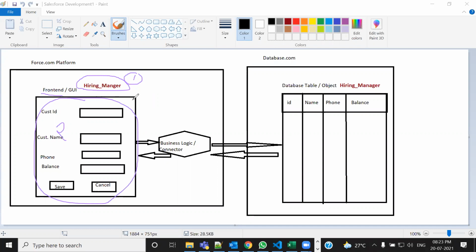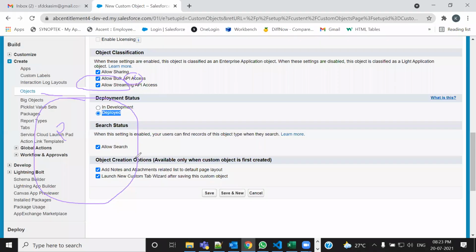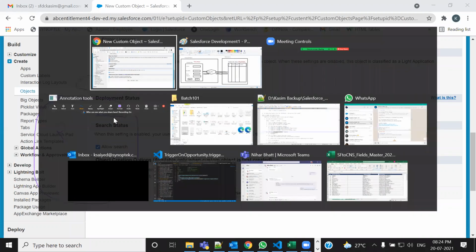Now see, while creating an object, you have these two options. You can make it In Development, or you can make it Deployed. When you check this Deployed during the creation of any object, and by the way, this is the default option,